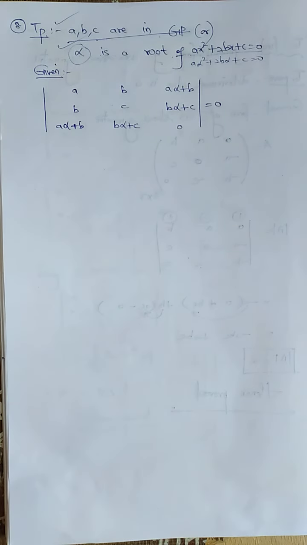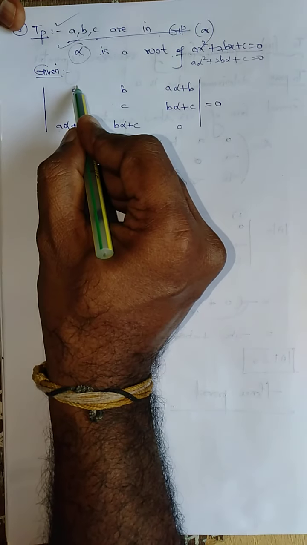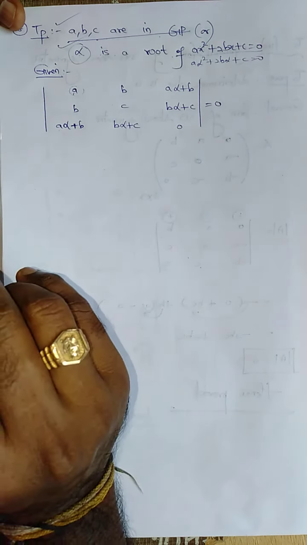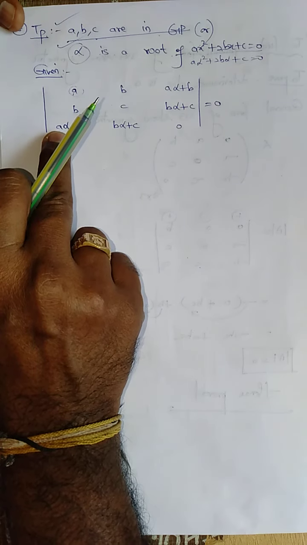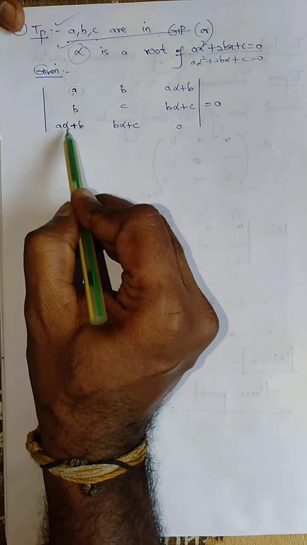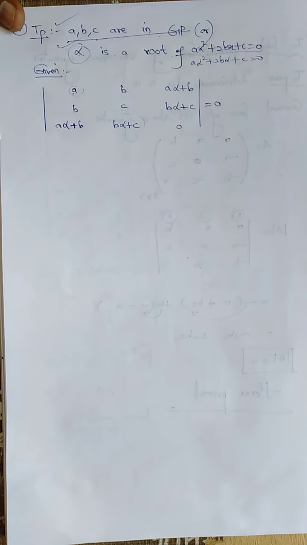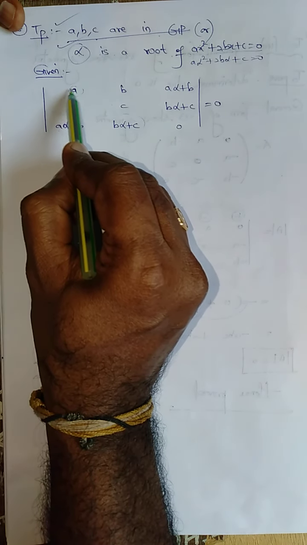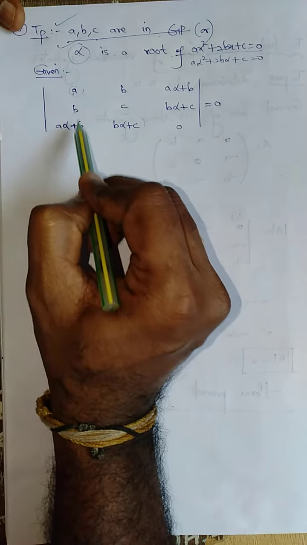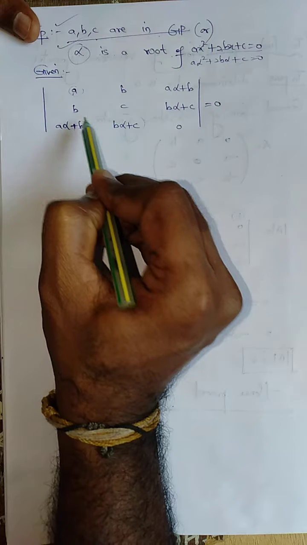They are given like that. So first, listen carefully. Here a, b, here a alpha plus b. I am going to make R3 tend to R3 minus alpha R1 minus R2, making this one 0 and this one 0. How can I make it 0? Listen very carefully. Here in A alpha, only A is present, so I need to multiply by alpha. Here B, no problem. So A alpha plus B, I can subtract it.